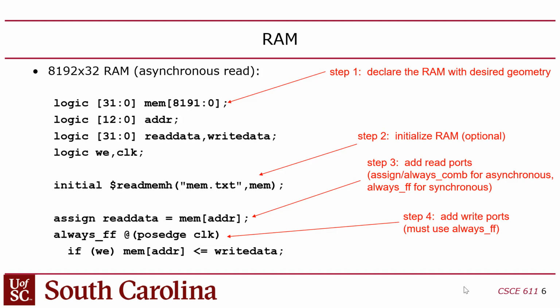If you were designing this for an ASIC, and by the way, you do use SystemVerilog for ASICs too, right? Like if you want to tape out, you want to fab a custom chip. But in that case, you wouldn't be able to initialize the RAM because it would come up with random configuration when you power the chip on in a real RAM circuit. You guys with me?